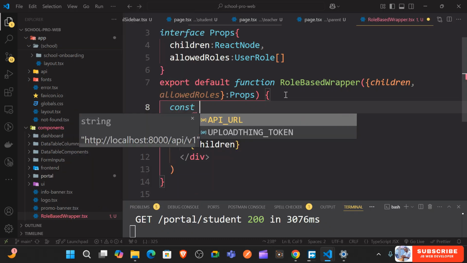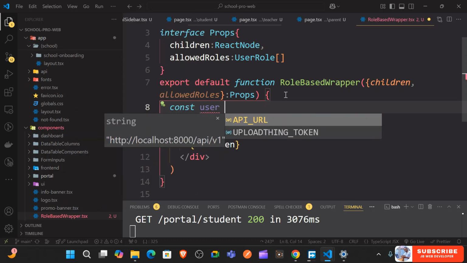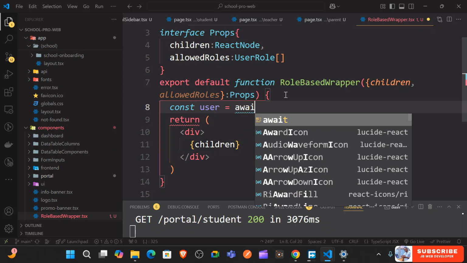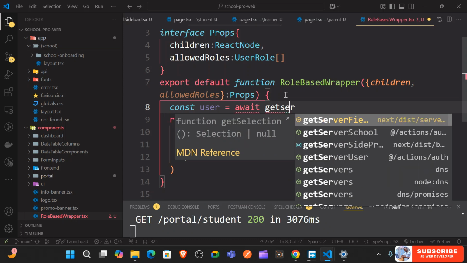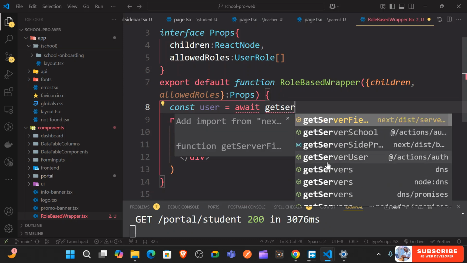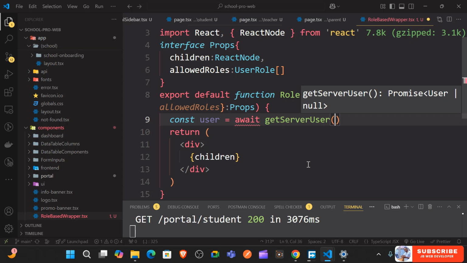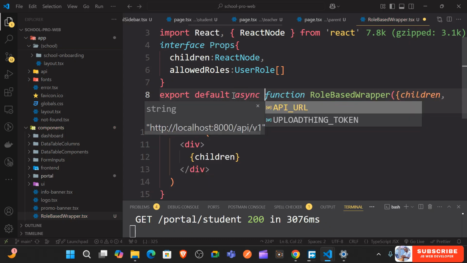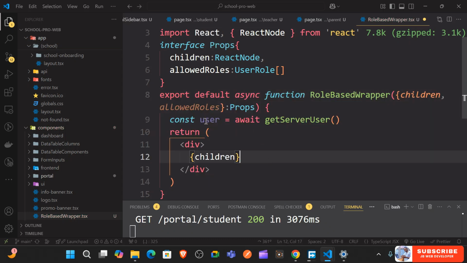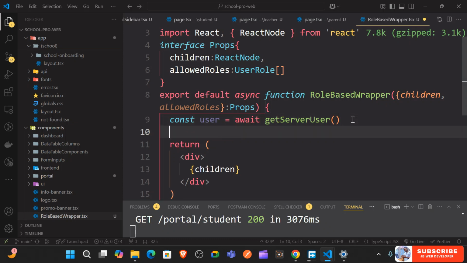So just say const user is equal to await get server user, like this. And that means this is going to be an async function getting the user. And if there is no user,